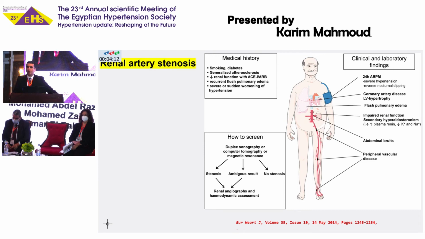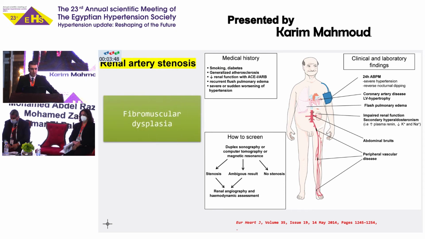In the 24-hour ambulatory blood pressure, we will have a severe hypertension with reversed nocturnal dipping, and this patient might have a history of flash pulmonary edema. To screen this patient, we can do duplex ultrasonography and abdominal imaging such as CT or MRI, and if the stenosis is confirmed, we can proceed to angiography in selected cases such as the cases with recurrent flash